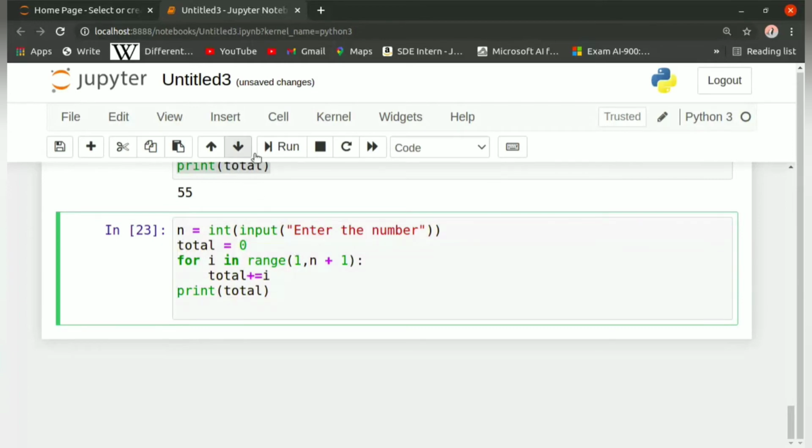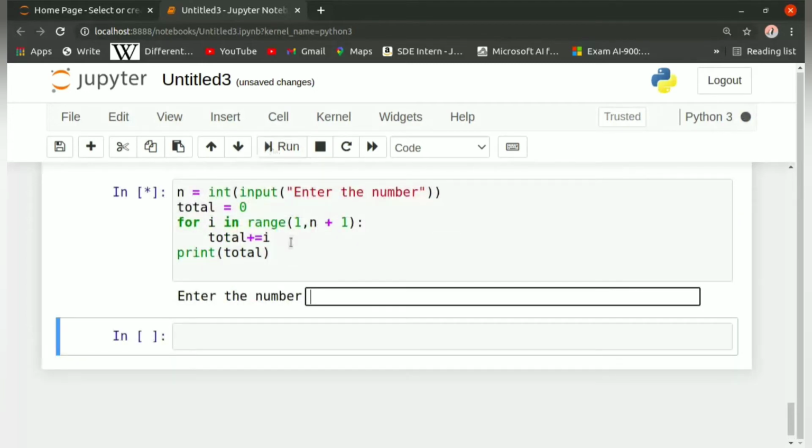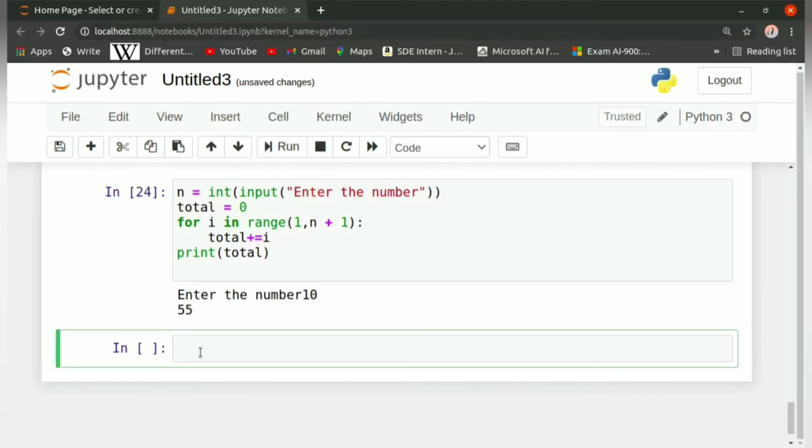Now let us run the code and see what the output is. In our case, let us say we give the input as 10. It should give the output as 55. Yeah, the output is 55 and our code is working perfectly. This is how we write the sum of numbers from 1 to 10, or 1 to n, where we are giving n as the input from the user and getting the sum printed. So that is how we write using a for loop.